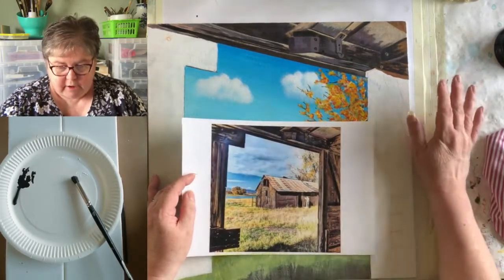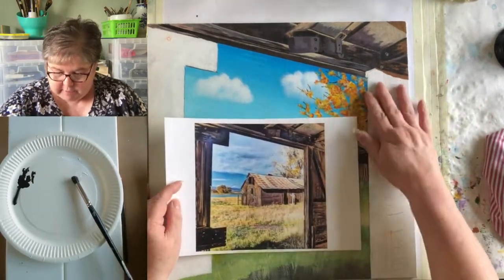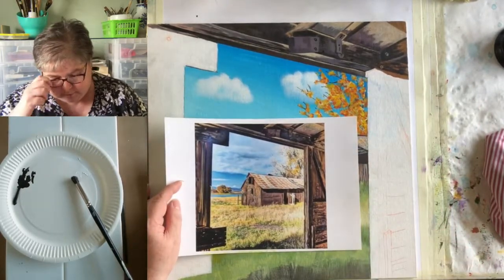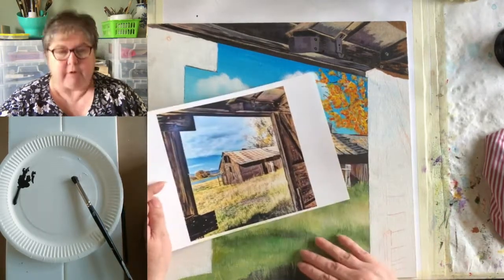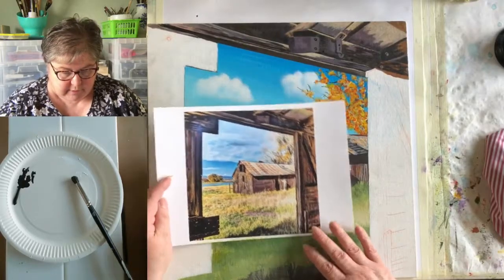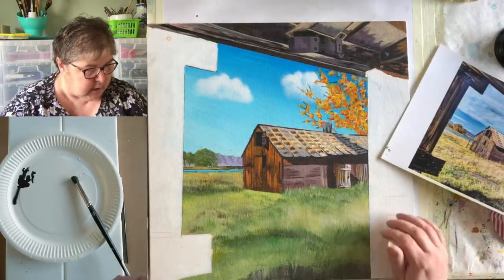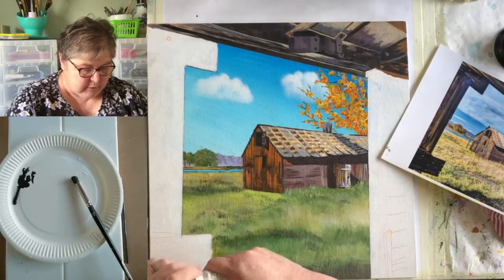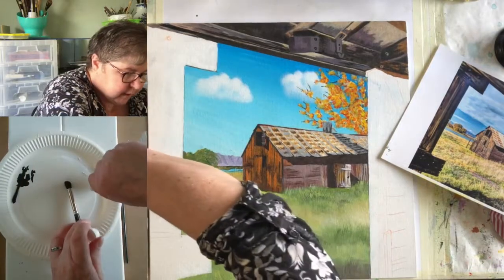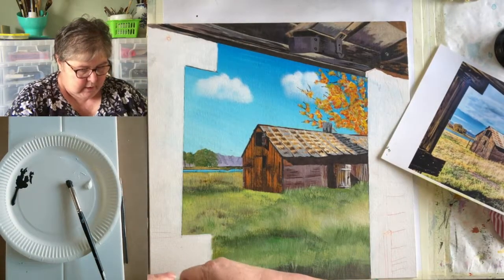So I'm just going to darken that down a little bit, and then we're going to start on this side panel. Hopefully start and finish with that side panel, maybe even get on to putting some details in the grass. But we'll deal with the clouds first of all, because they're the thing that irk me the most at the moment. So I'm just going to use some ordinary, not the open, just the ordinary titanium white, golden